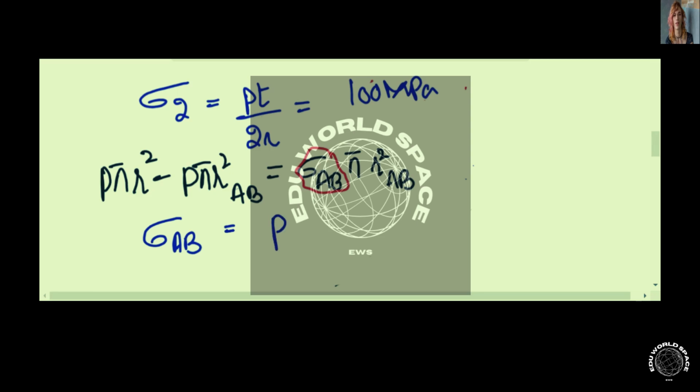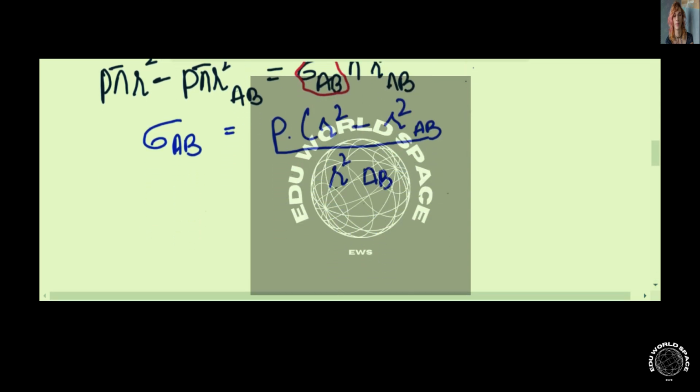So we have the stress along the rod AB, which is equal to P times R squared minus R squared sub AB, divided by R squared AB. Just plug in the values and we'll get that it is equal to 315 times 10 raised to power 6 pascals, which is 315 megapascals. So this is the solution of our second part, and this concludes our solution for